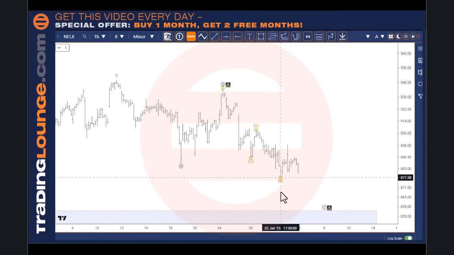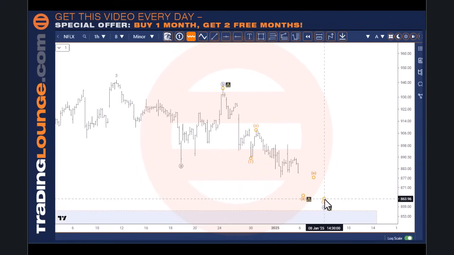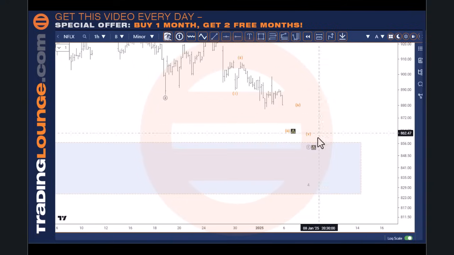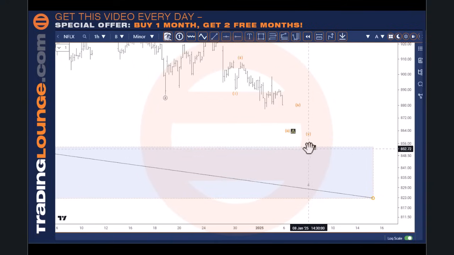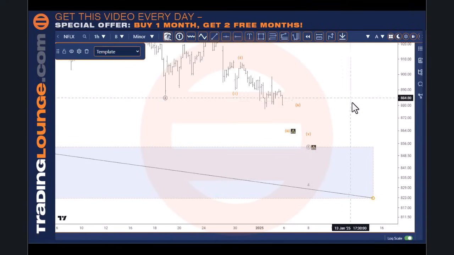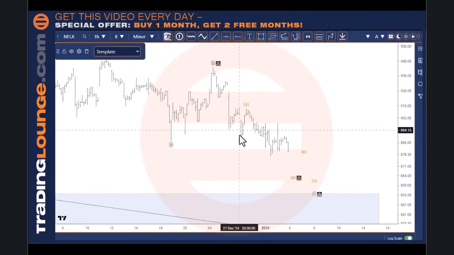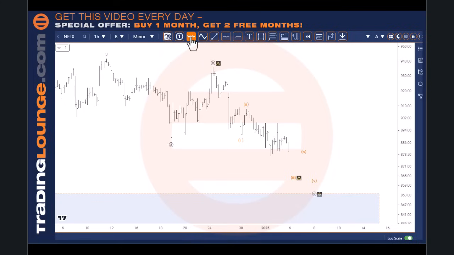So I'm not quite sure about that. It's a little bit short there for that. So we've still got a bit more to come down here on this. So, oops, a daisy. Doesn't matter too much, but basically we've got 1, 2, 3, 4, 5 here for 1 and 2. I could put this in as the third wave here, but it's a bit short compared to this. So this is probably another 1 and 2 in here. We could look at that.